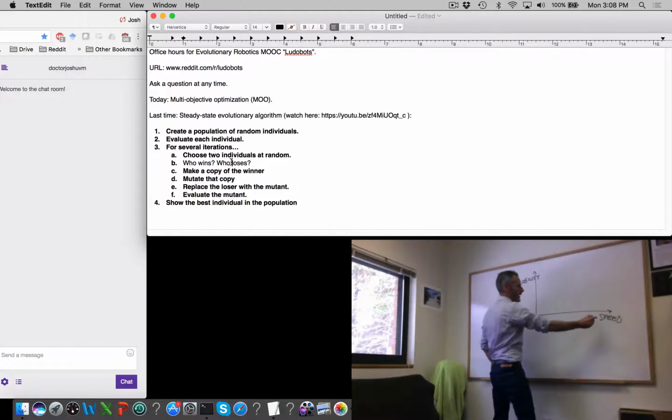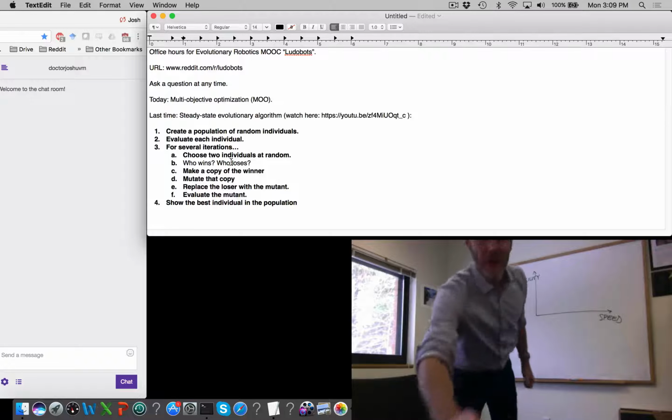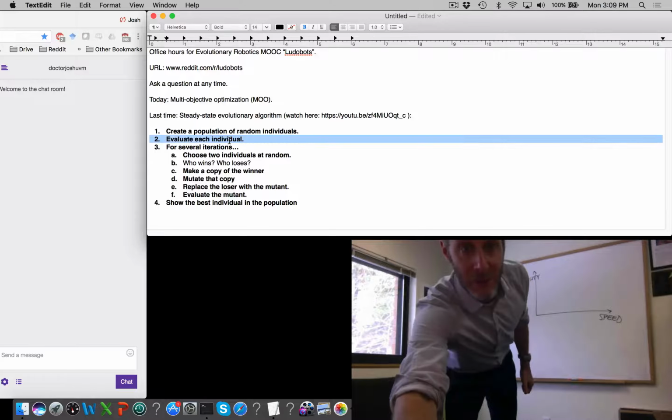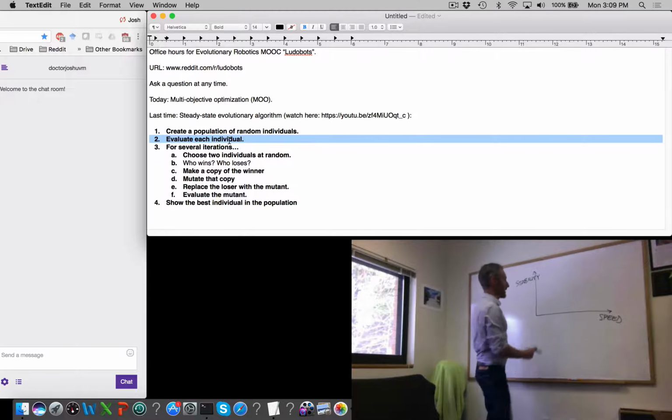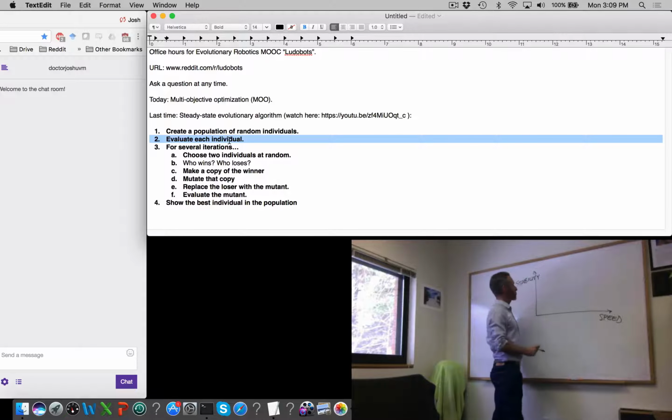Okay, so we've got speed on this axis here and stability on this axis here. And you'll remember that at the beginning we create a population of random individuals and then we evaluate each of those individuals. So when we evaluate each individual, we're going to determine the speed of that individual robot and its stability while moving. So stability we're going to define as how much time it's able to keep at least 1